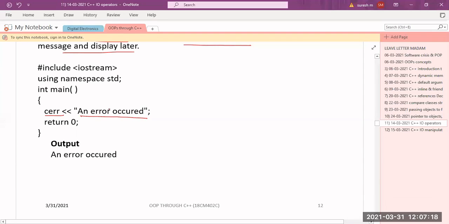Even though you can use cout also, there is no specific advantage, but there is one more object which is used to display errors only. These errors are not produced by the program; the computer itself won't display them. During debugging time, I just want to check whether my program is running correctly or not. If I want to know about that, I will use this CERR. This CERR is an object of OStream class which is used to display the errors onto the monitor immediately. It won't store those errors into a separate log file, like a text file. That is your CERR. Hope you got it right.